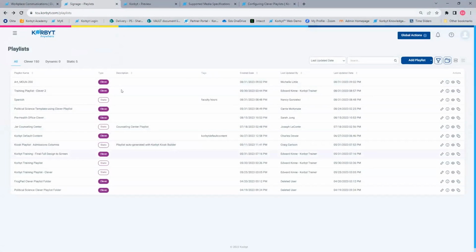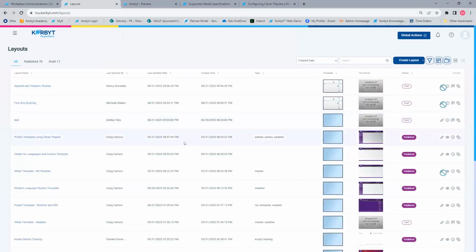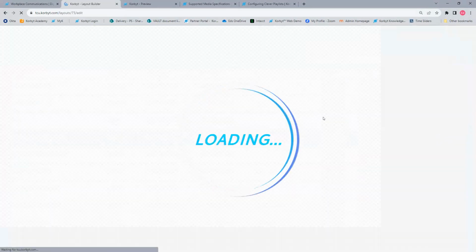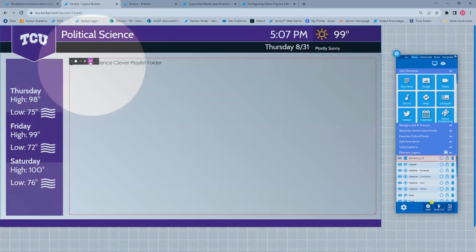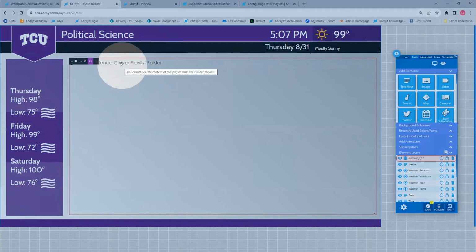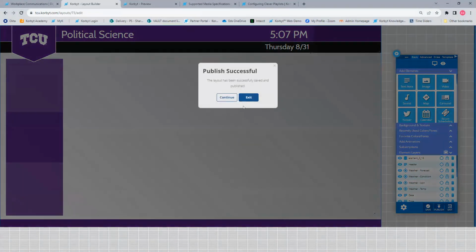So it can be sometimes challenging to make sure items play all the way through. There's settings that can help control that. Let's actually take a look at that layout. Yep, there's a play all button. I'm going to go ahead and actually turn that on. What that does is it makes this design stay on the screen however long it takes for everything in this playlist to play all the way through at least once. I'll go ahead and publish that change. My guess was that was the intent by giving it that much time anyway.